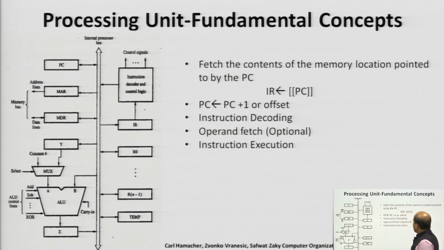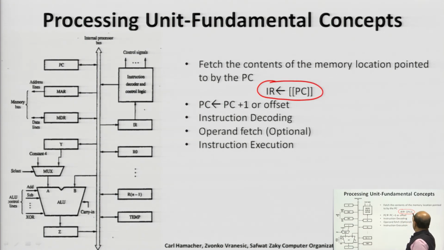So, let us see how the fetch operation is performed. Fetch the contents of memory location pointed to by the PC. That means if any instruction is to be fetched and decoded, what instruction cycle should be there? Here a few steps are written. First, we require the data of PC, because only PC will provide the address of the instruction. So, this can be represented as IR equals the content of PC.